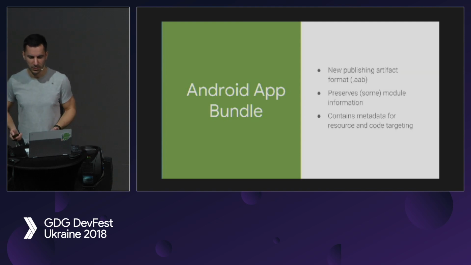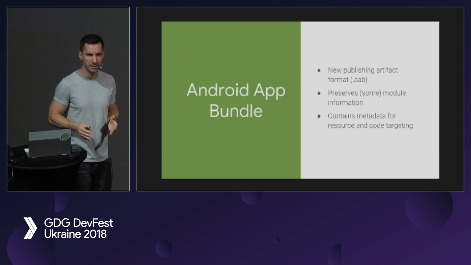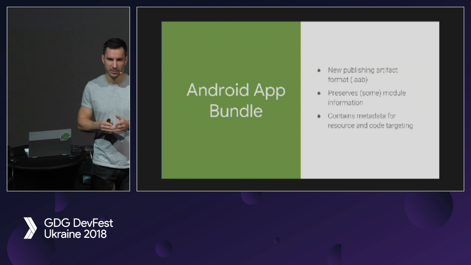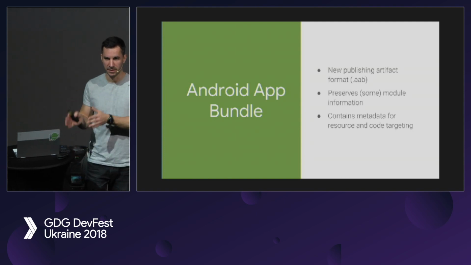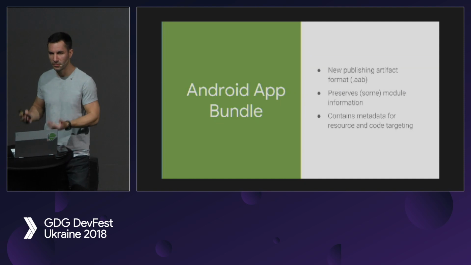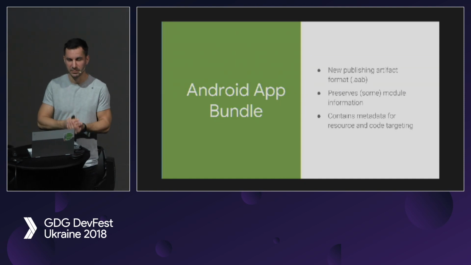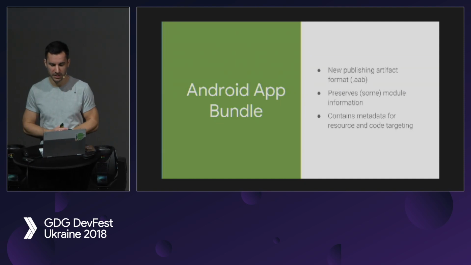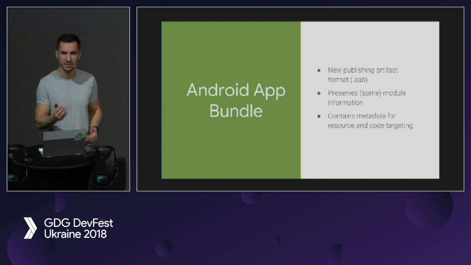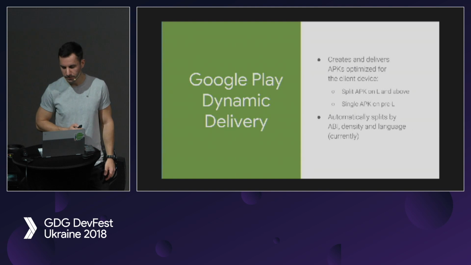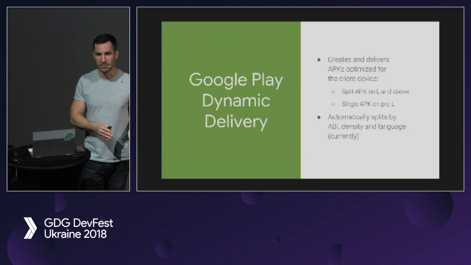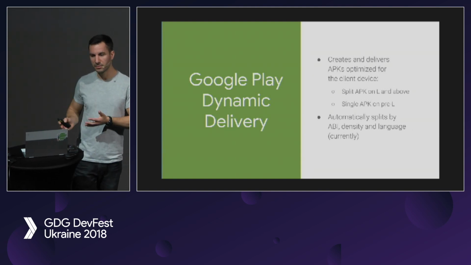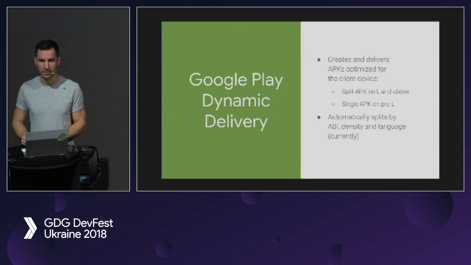So why is this format different? I would say it's something like an intermediate format between your Android Studio project and the final APK. It preserves some more information about modules that have been present in your Android Studio project. It contains some more metadata about the files that are inside and which devices they should target. And the new format actually works closely with something we call Google Play Dynamic Delivery. So it's a function of Play that actually takes those AAB files,